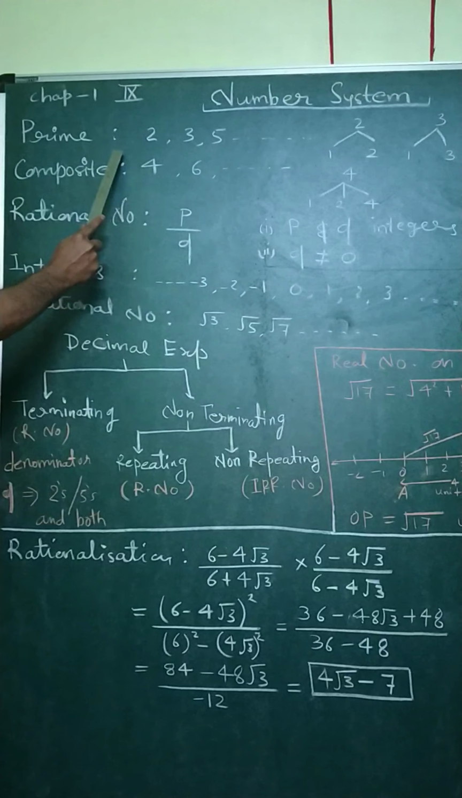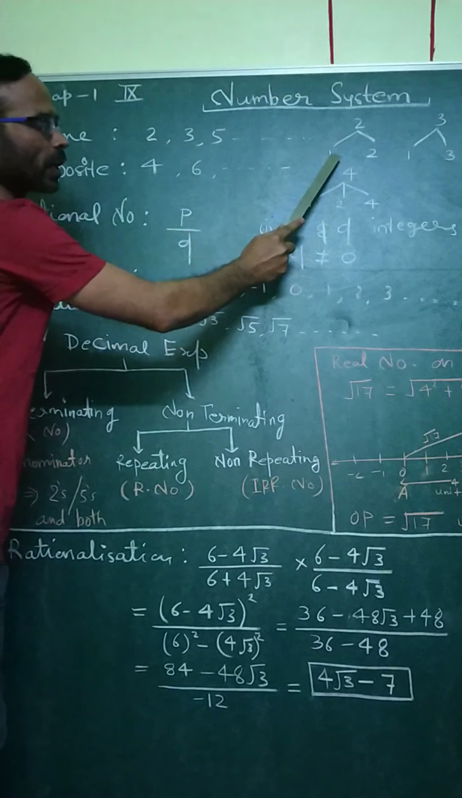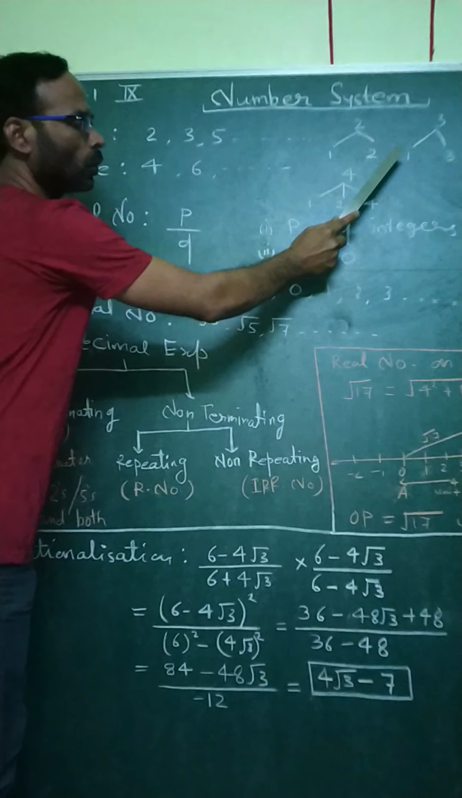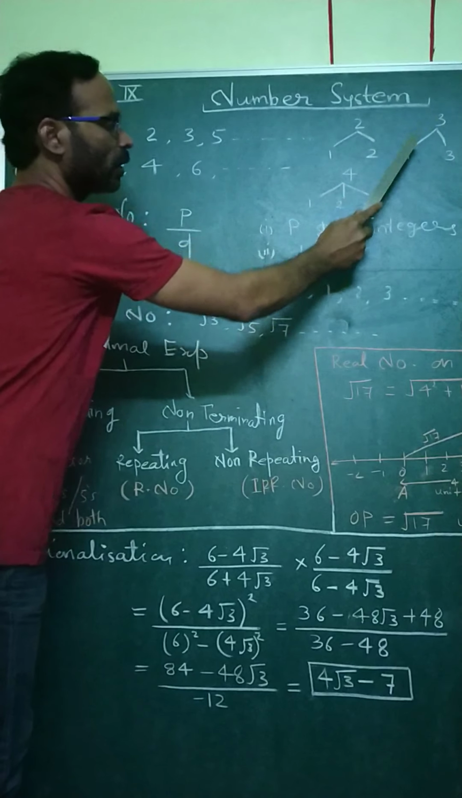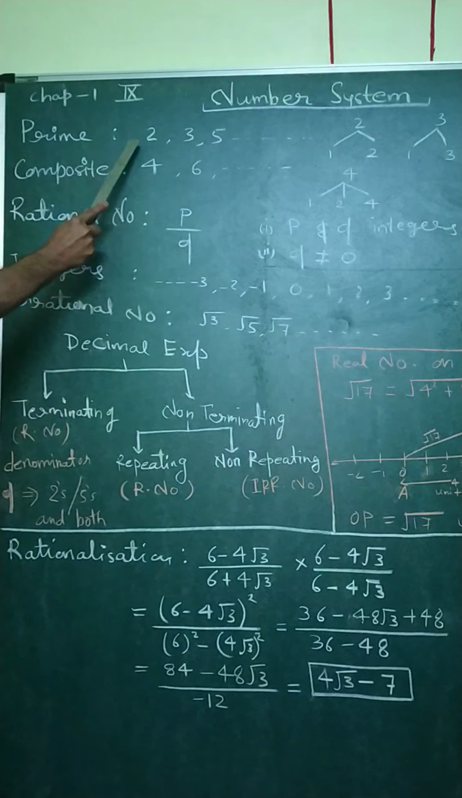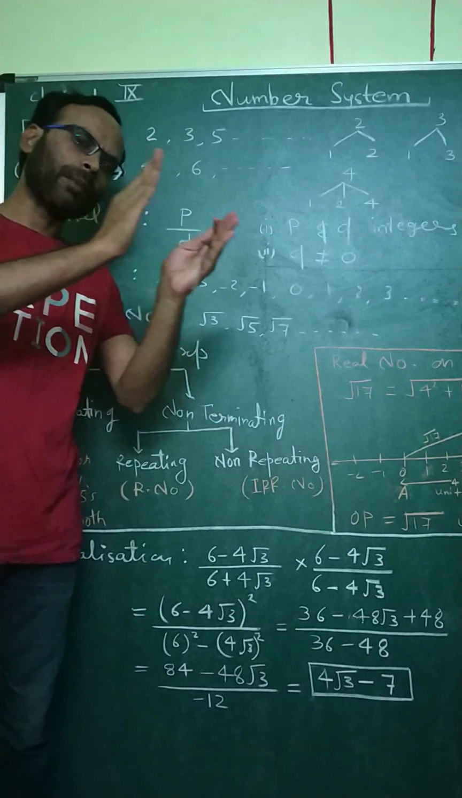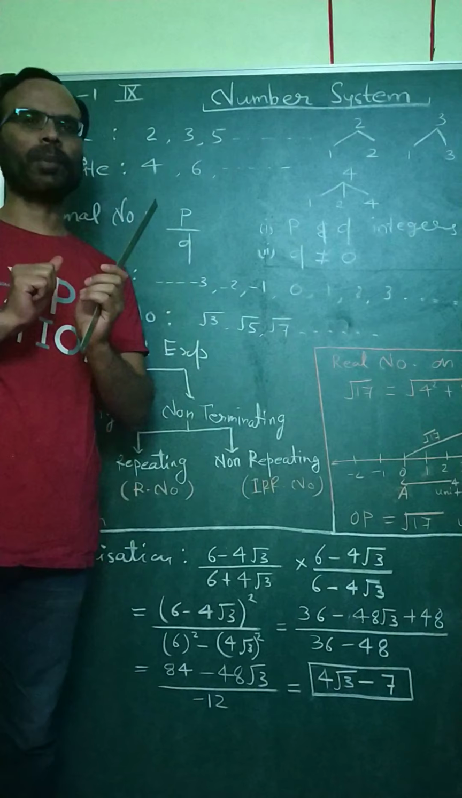Prime numbers are those numbers which have maximum two factors, for example 2 has factors 1 and 2, and 3 has factors 1 and 3. These are the prime numbers. So the smallest prime number is 2. Now the numbers which have maximum two factors are called prime numbers,